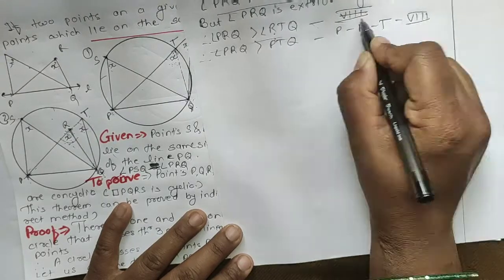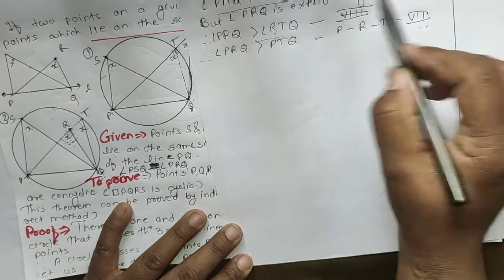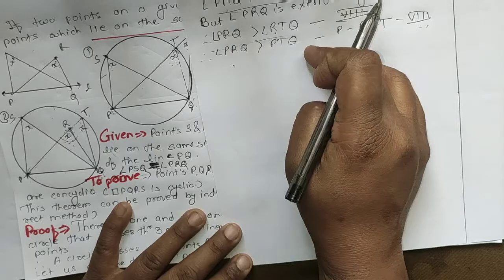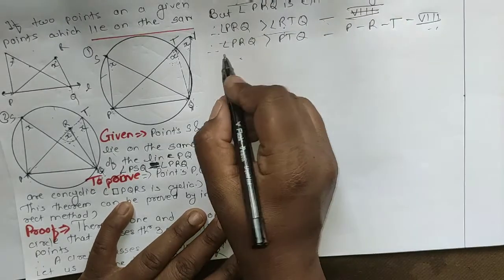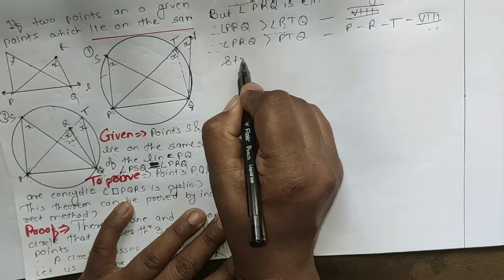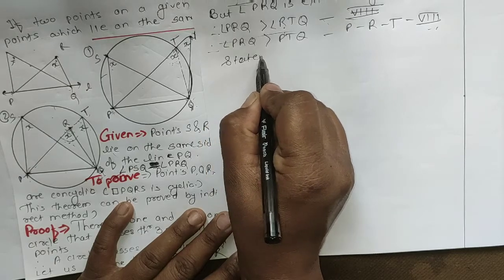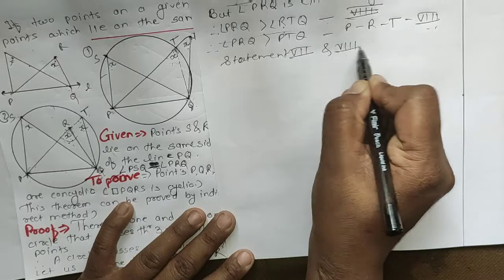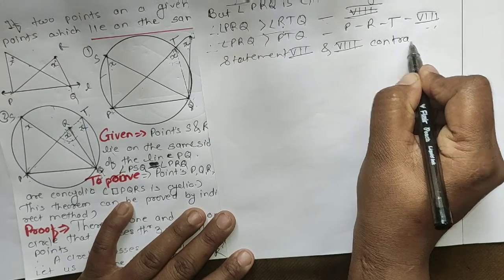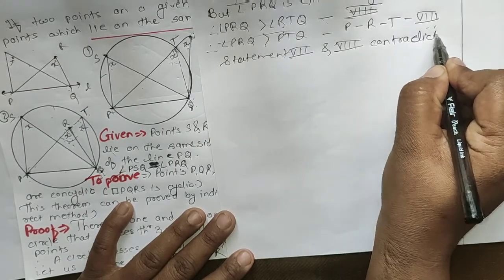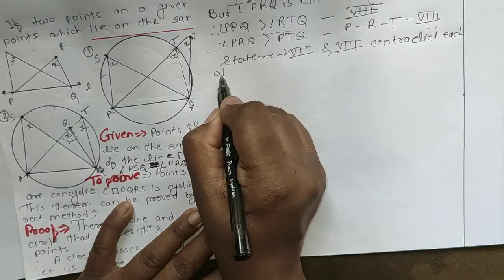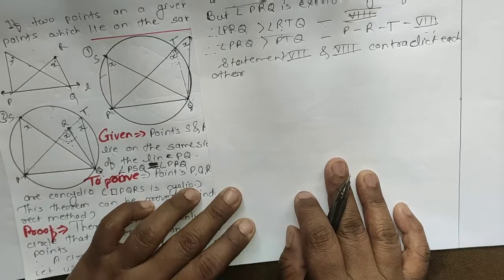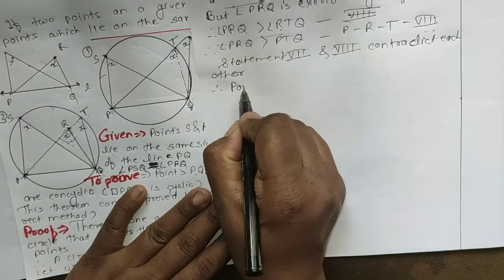Then statements number 7 and 8 contradict each other. Once we are saying they are congruent to each other, once we are saying it is greater than PTQ. So these two statements contradict each other. Therefore this point R